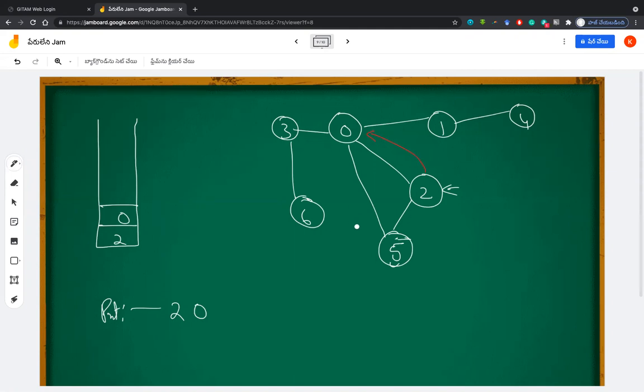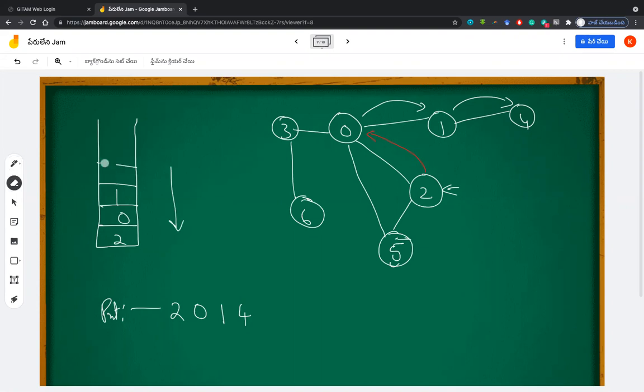From 0, which one do you want to go to? 1, sir. Okay, 1. So let's push 1. 1 has been printed. And 1 is connected to 0 and 4, but 0 is already there in the stack. Which one should I go through? 4. From 1, I need to only go to 4. So push 4. That's the end. 4 is not connected to anything because 4 is connected to 1, but 1 is already in the stack. So what is the next step you apply? Backtracking, sir. Backtracking. So come down. See whether 4 is connected to anything.